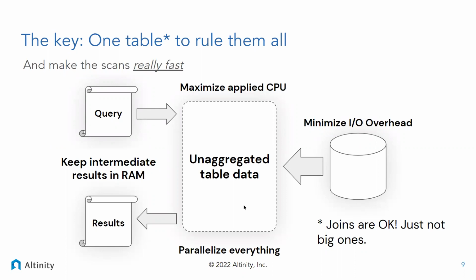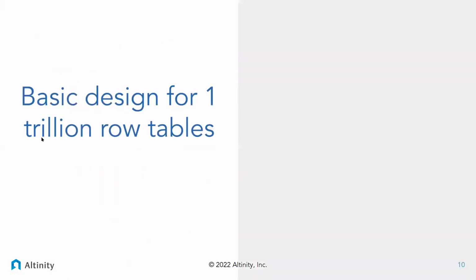ClickHouse is introducing support for large table joins, but they're relatively slow, and they have a problem that in very large data sets, to do them effectively requires moving data. ClickHouse can't do it as efficiently as other databases. And even in those cases, this is relatively slow. So this is basically the system that we're focused on building. And there are many of these out there, and they have really outstanding results.